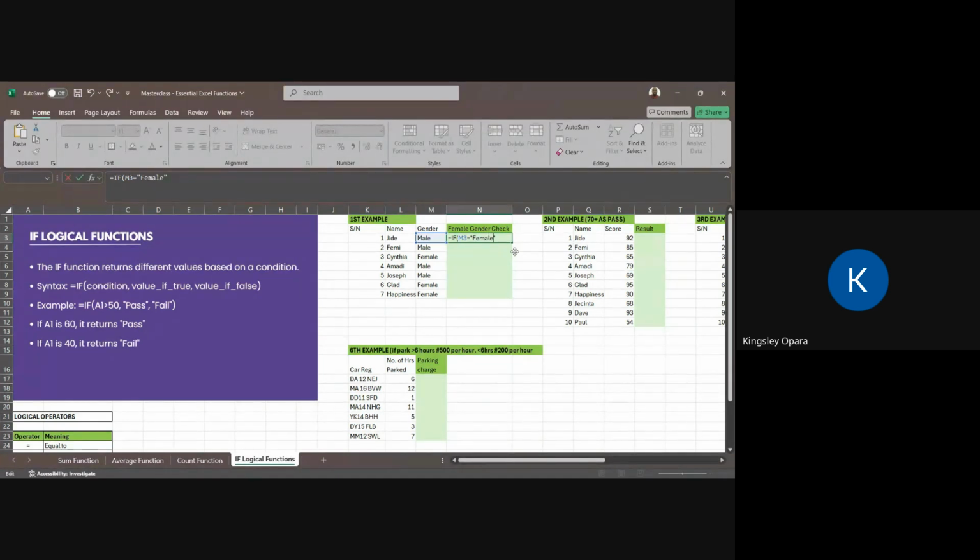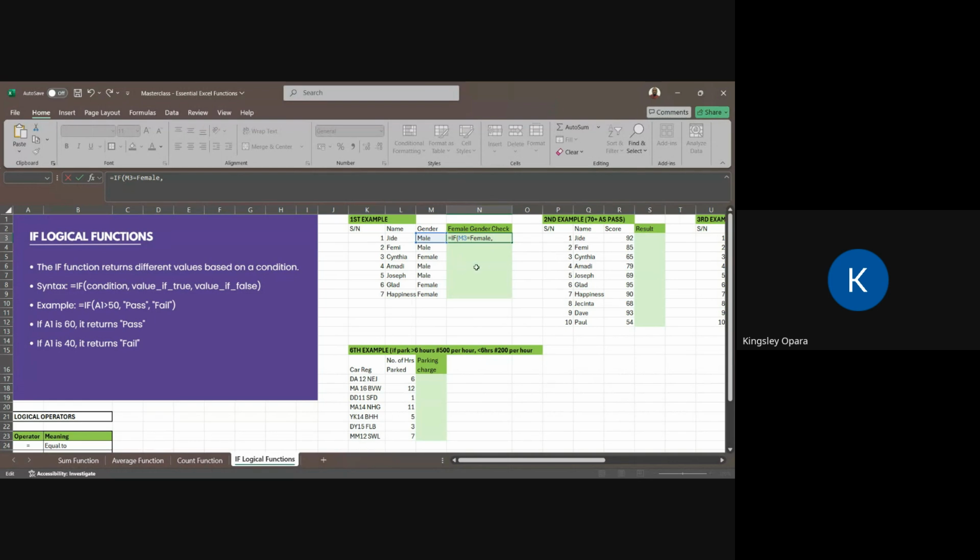Now, you have to be very careful of the spelling. That is one part that we need to be very careful about. If the gender is equal to female, comma, then value if true. Please confirm that you can see this syntax here.